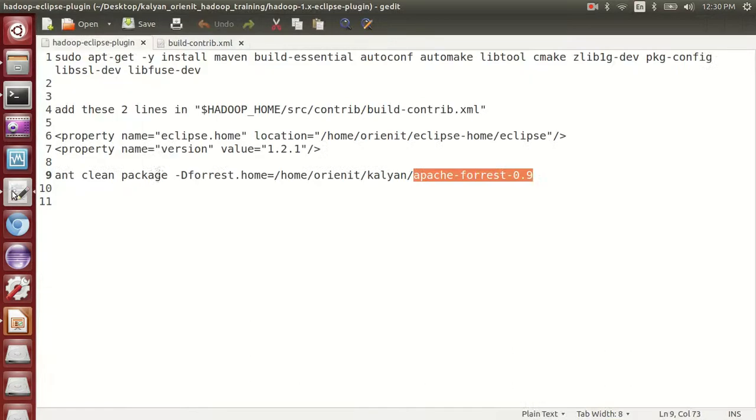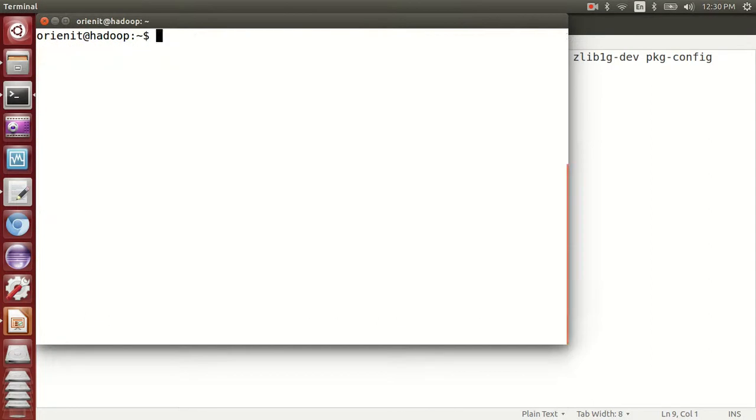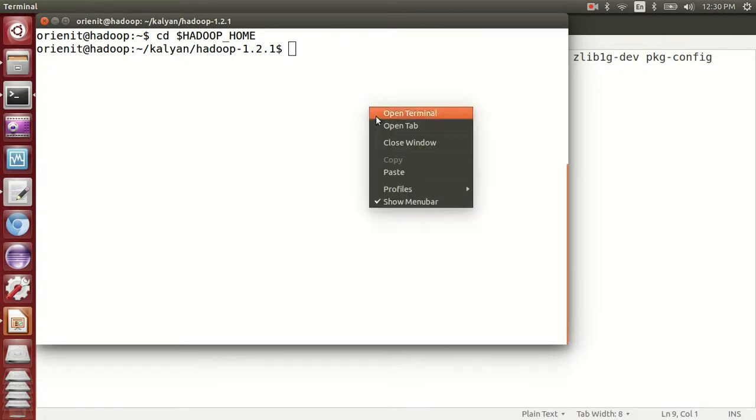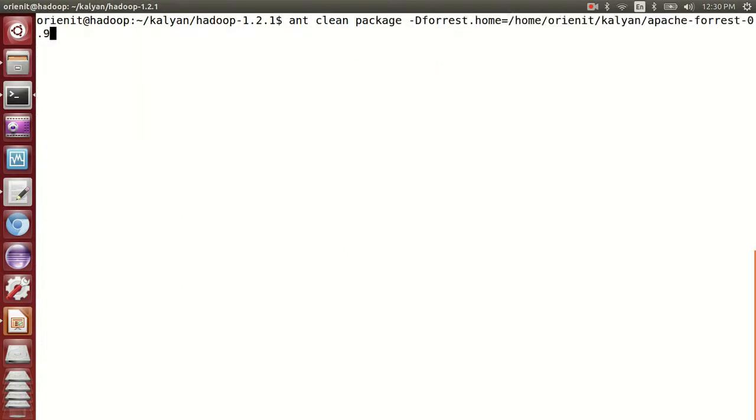That step is executing the command. For executing this command, you should be inside the Hadoop home. We can enter the Hadoop home with cd $HADOOP_HOME. Once you are in here, execute the command that is documented. Paste it. This will take some time to execute.